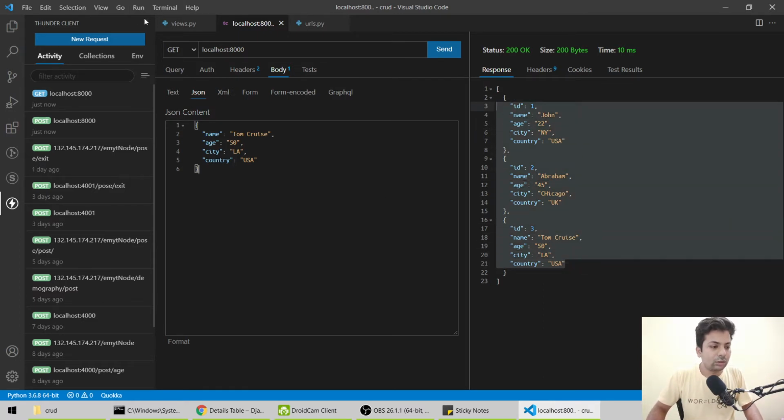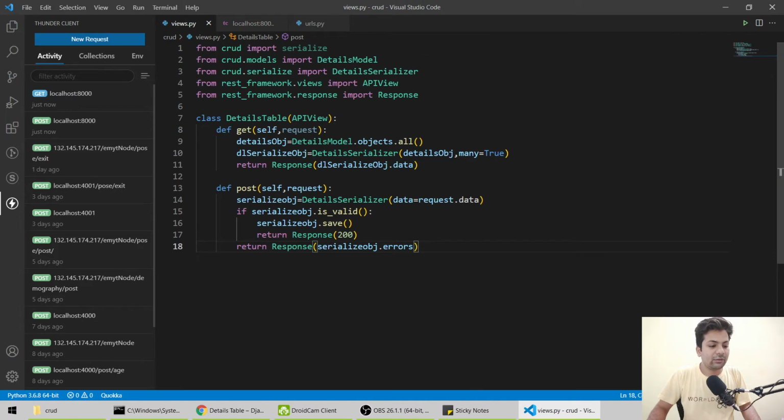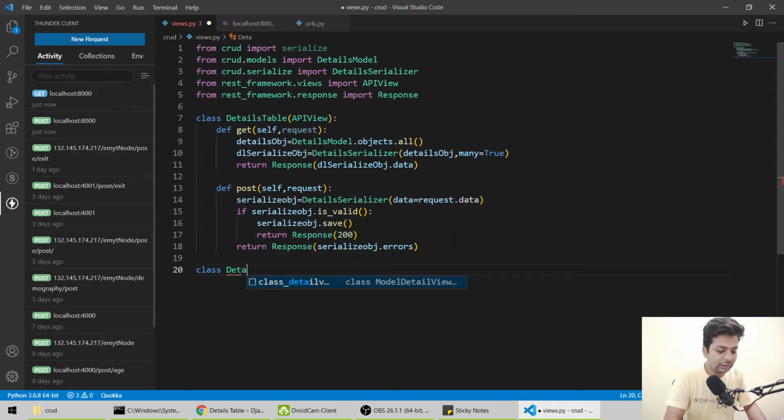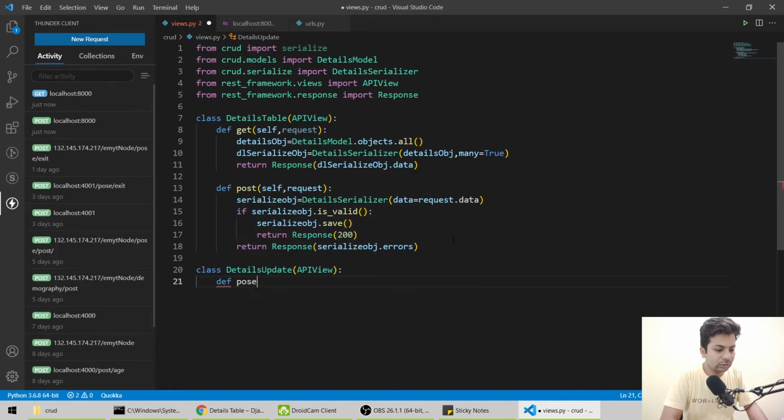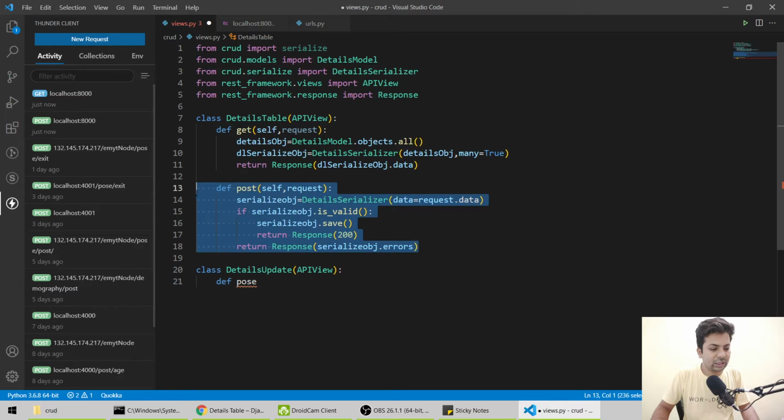Okay, so now we have get and we have post. The next thing is we have to make update. For update, we'll make a class DetailsUpdate with API view, and here we define post. It's the same as this: whenever the post request comes, handle it.